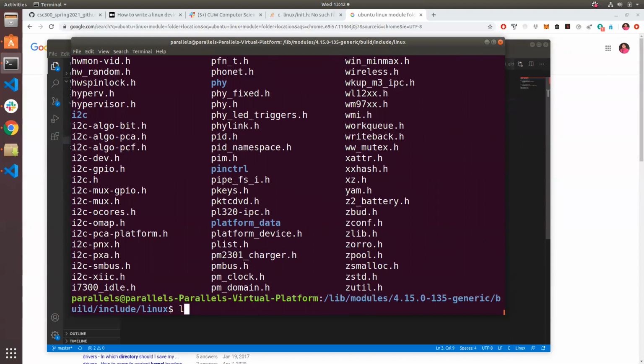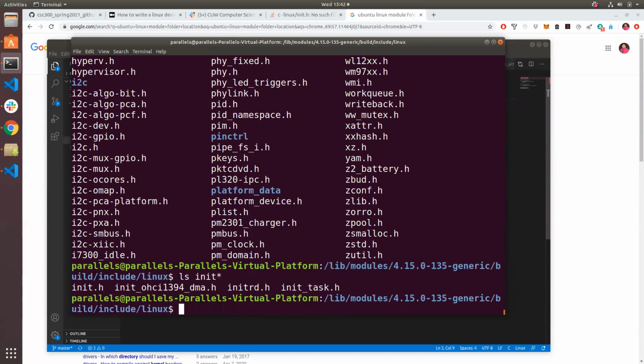Okay, and then in here we should have an init.h. All right, so hidden in the system somewhere was a folder called linux that has all these